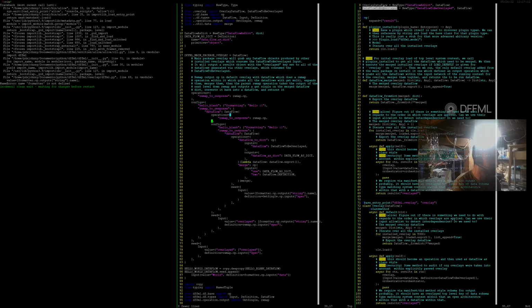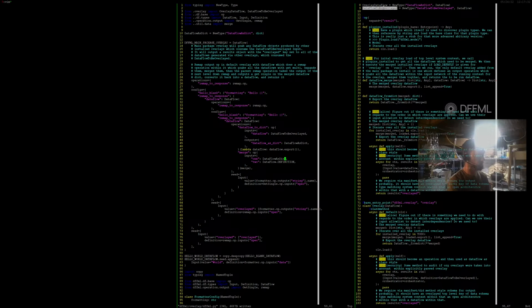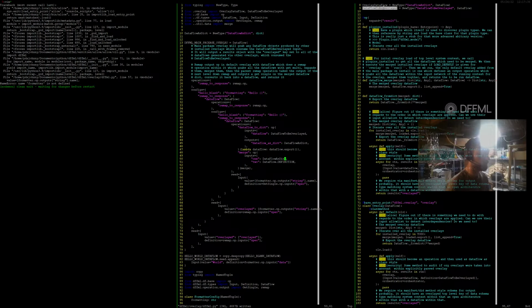So we turn this data flow into a dict, and then we say data flow as dict, and then we grab all of the data flows which are produced, and when we're done with that, we grab